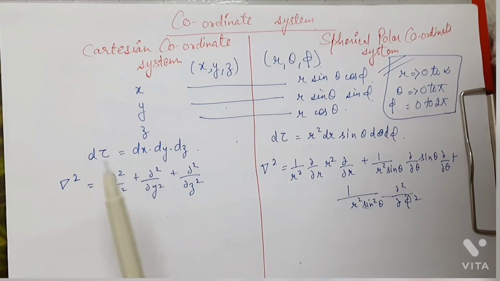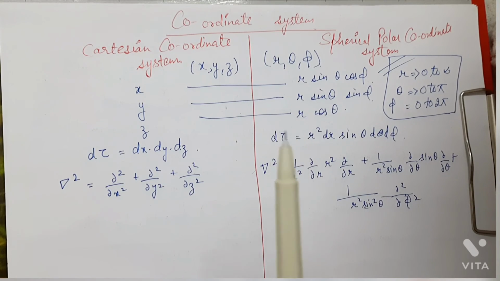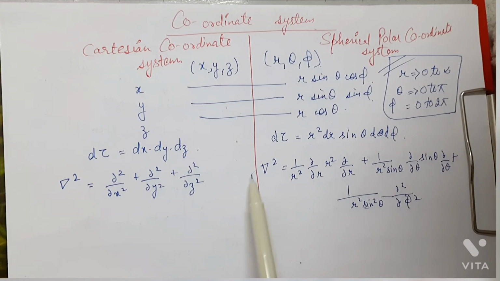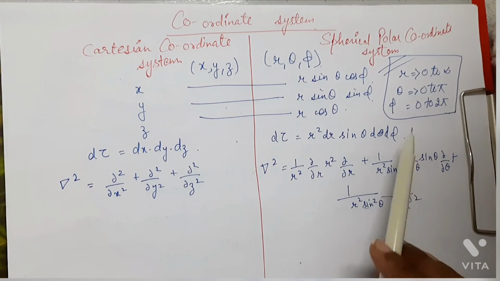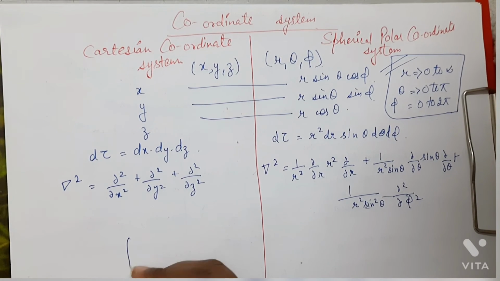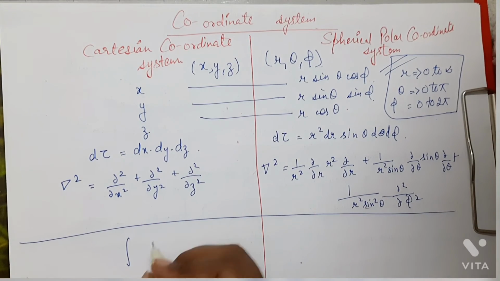And we were using d tau as equal to dx into dy into dz earlier, but now when we solve problems based on hydrogen atoms, we are going to use d tau as this one, and also del square will be replaced by this part, right? So far this is what you need to remember. There are one or two more formulas, so I hope you are going to remember those formulas. Those are important to remember, these are not, okay?